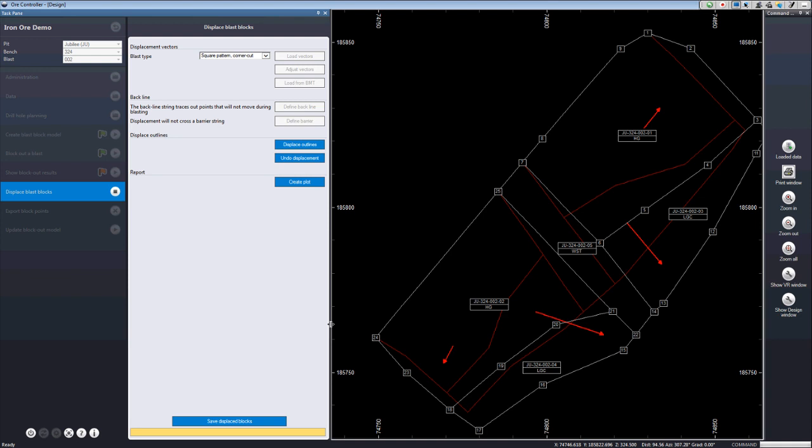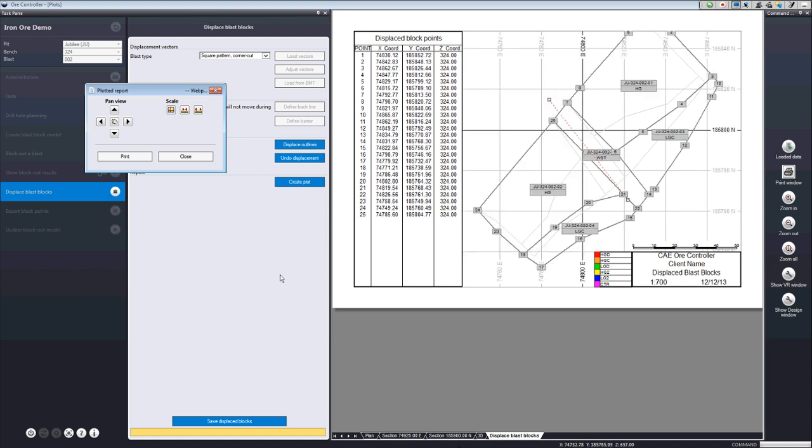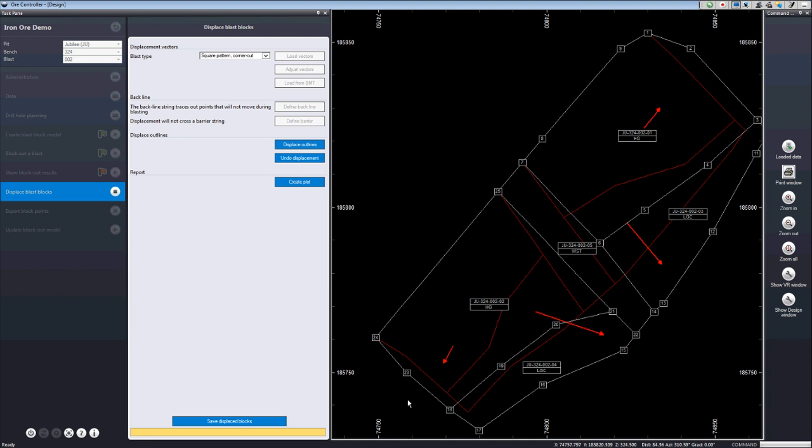and those points and their coordinates are available on a plot, which again you can very quickly position and then print to send to the surveyor to mark them out. Or indeed, if you're lucky enough to be using a high-precision GPS system, these white polygons are the ones that would be loaded down to that system and appear within the loader operator's cab.